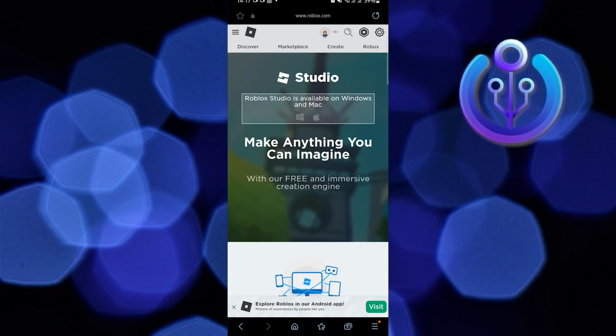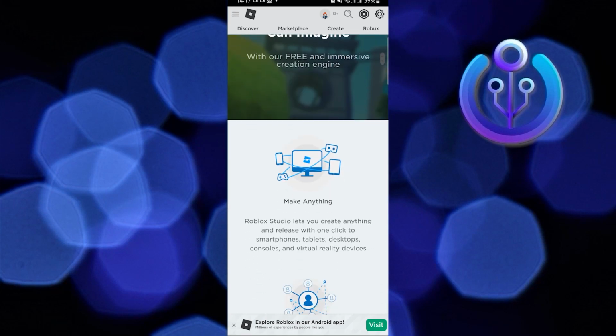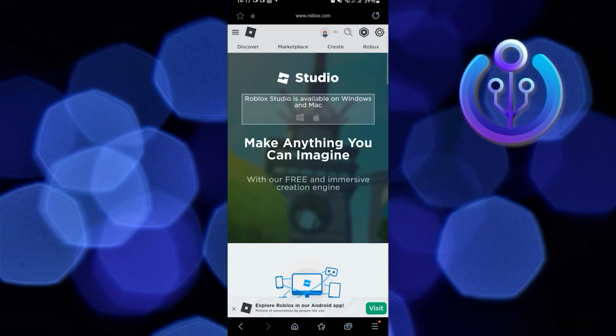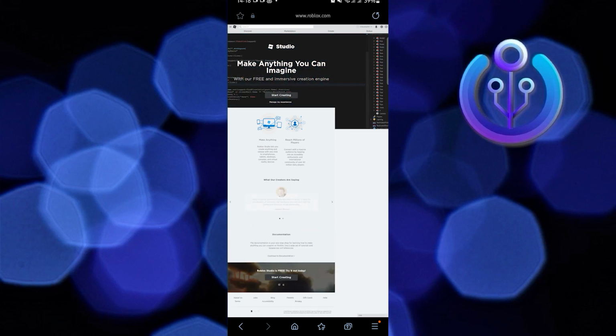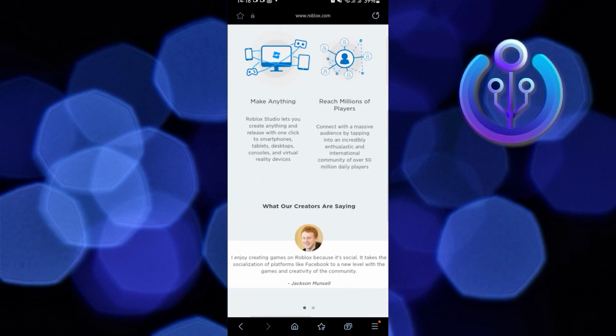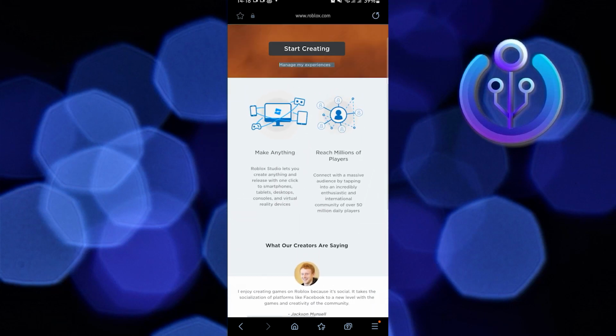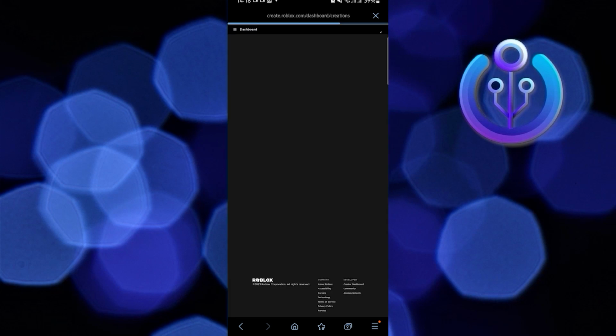For tutorial purposes, we are now going to be switching our view from mobile view to desktop view in our internet browser, so that things would be a lot easier. Once we switch to desktop view right now, in here, we will see a button that says Start Creating. All we have to do this time is to select Start Creating. Once the website loads,